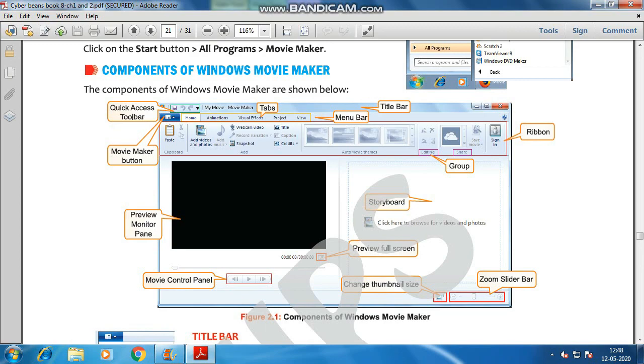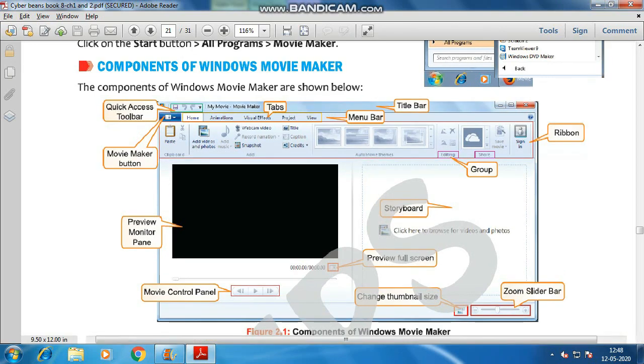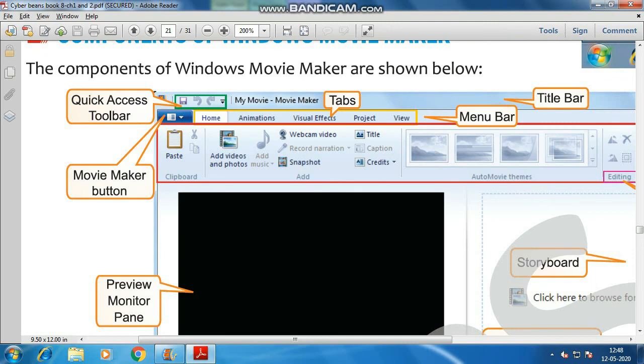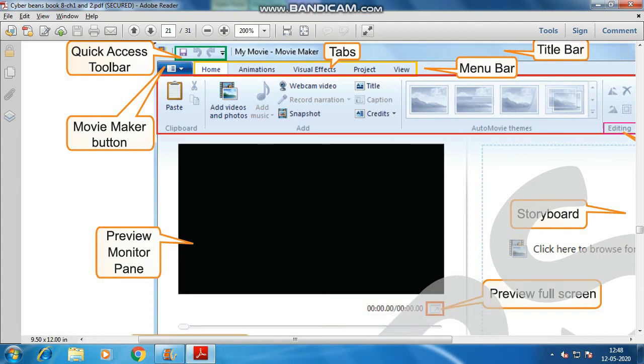This is a Movie Maker button. I am a bit maximizing it for the clarity, right? And these are the tabs I told you earlier also. Tabs are the ones which have their own sub options there. The whole bar is known as the menu bar, and the first one is the title bar where the file name and the software name is provided to you. Next comes the preview monitor pane where you can see your video, the running video, right?